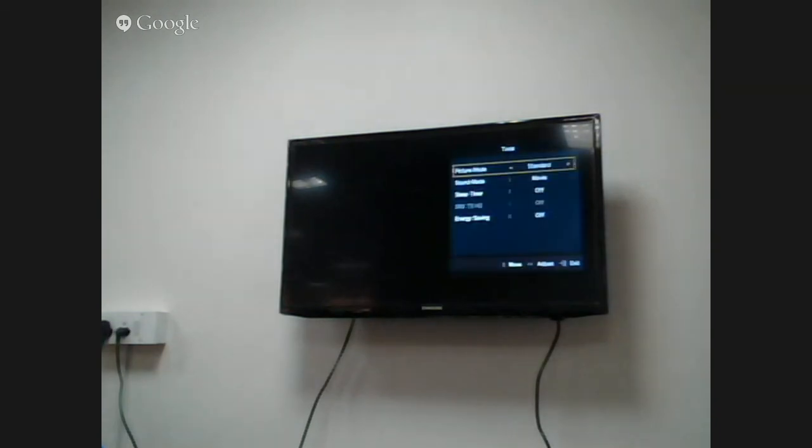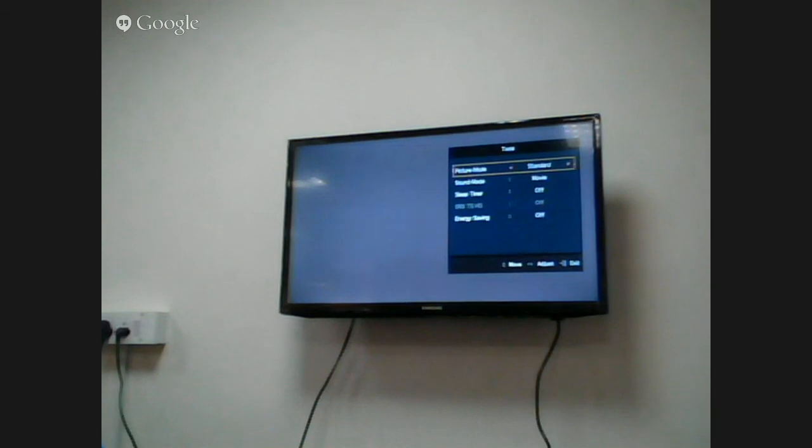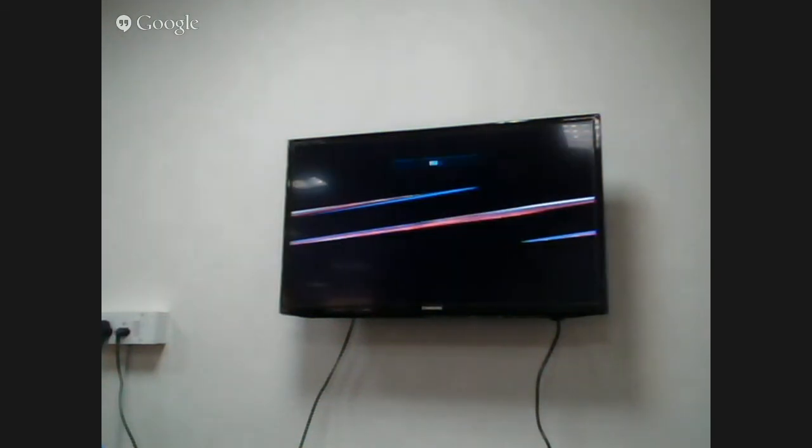Can you set up the output mode from the remote? Change the ratio or something.